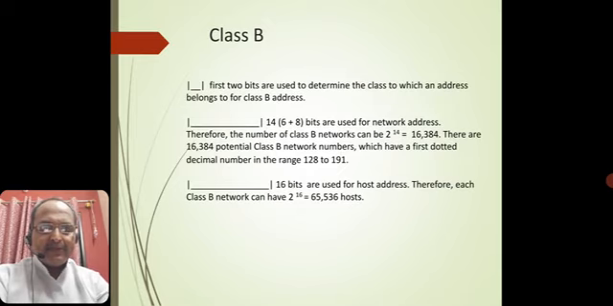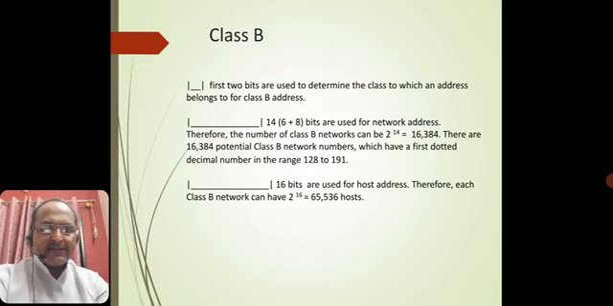In class B, the first 2 bits are used to determine the class to which an address belongs. Similarly, 14 bits, that is 6 plus 8 bits, are used for the network address. Therefore the number of class B networks is 2 to the power of 14, which is 16,384. There are 16,384 class B network numbers which have a first dotted decimal number in the range of 128 to 191. And the last 16 bits are used for the host address. Therefore each class B network can have 2 to the power of 16